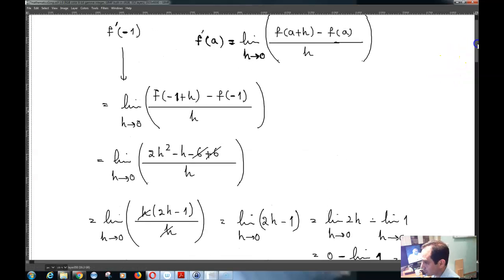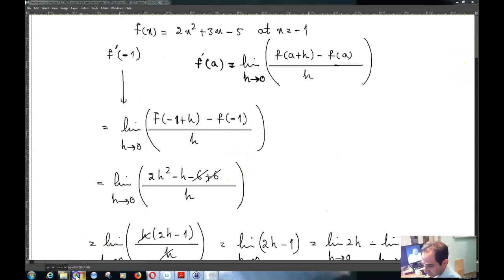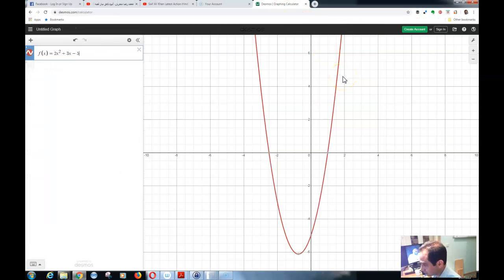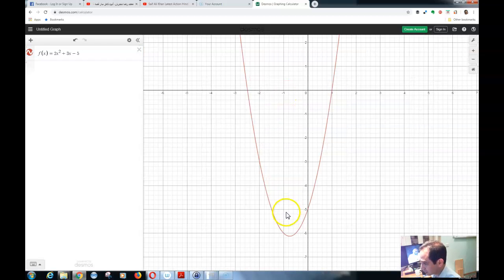Okay. Now let's take a look at the graph of this function. Let's see what that means in terms of the graph of the function. So I draw the graph of the function over here, and I will show you once I've done that. So f of x is equal to 2x squared plus 3x minus 5, and at x is equal to -1, as you can see. So this is x is equal to -1. At x is equal to -1, there is a tangent line that can be drawn to the